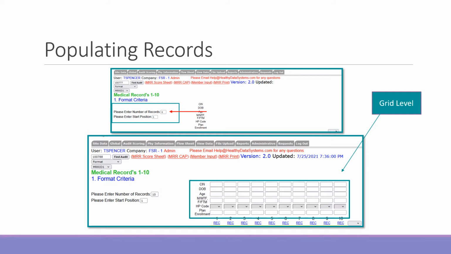This example shows a 10-record review. The user must go to each section of the tool and enter the number of records. The format, documentation, and coordination sections of the tool apply to all records being reviewed, so the user would enter 10 on each of those sections. The information entered in the member information boxes will copy over to each section of the tool as the number